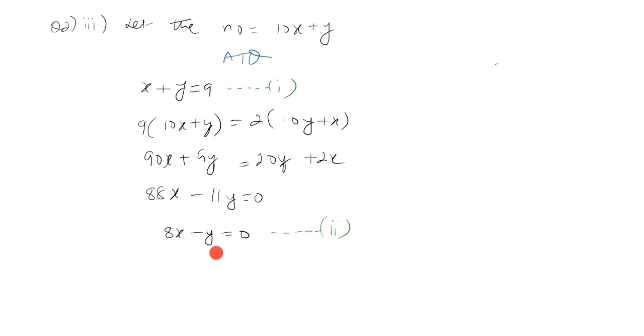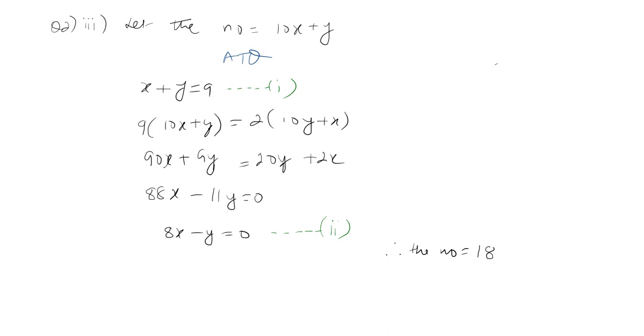So if you take the first equation and second equation, directly add them, y will cancel. So that is also the elimination method. Directly add them, y will cancel. The value of x will come. And so x will come as 1 and y will come as 8, I think. So the last line you write here, therefore the number is equal to, x will be 1, so the number will be 18.